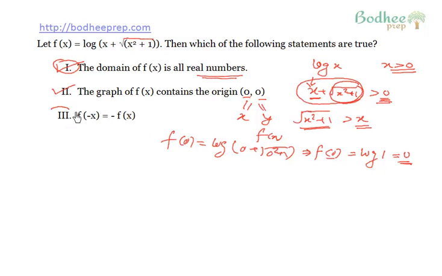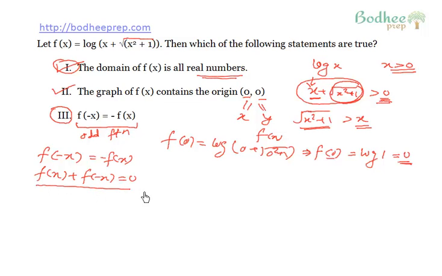So the second statement is also true. Now come to the important part, that is the third statement. It says that f of minus x is equal to minus of f of x. It is the relation for odd functions. We all know that a function is odd if f of minus x is equal to minus of f of x, or I can say that f of x plus f of minus x is equal to 0. So let us check